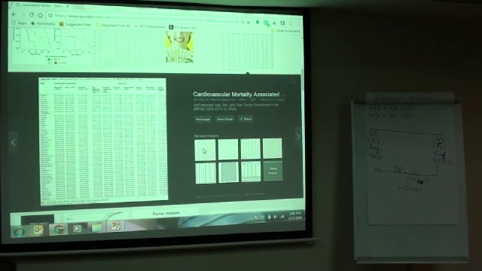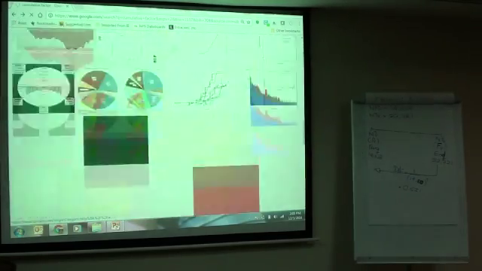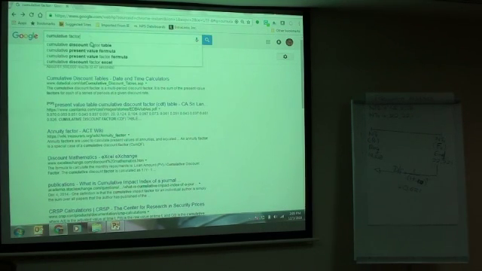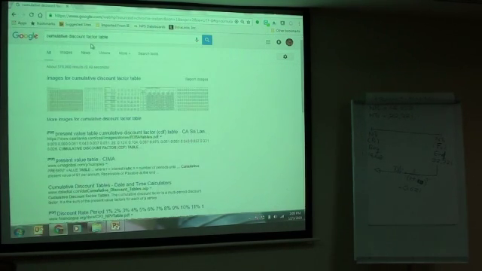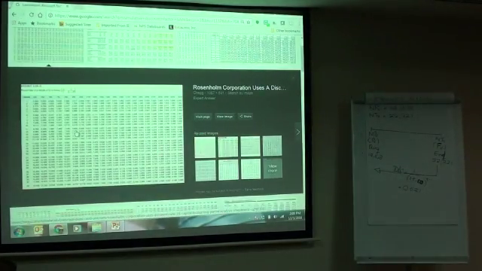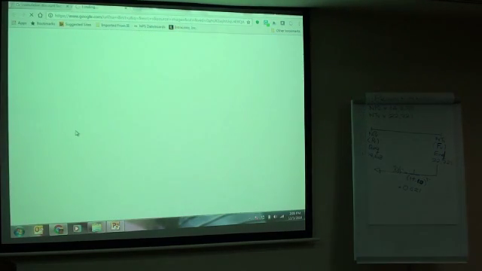No, that is cardiovascular. What am I trying to open? Trying to open a can of worms. Right, cumulative factor tables. Very easy. That's why I was wondering, how can it be such a complicated thing? Yeah, I have a cumulative factor table. If I open it further,